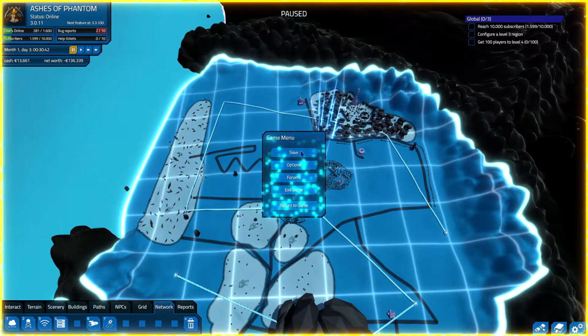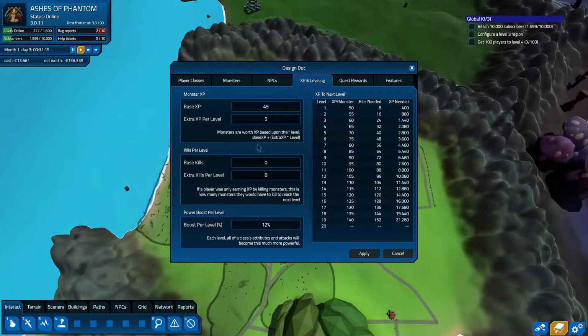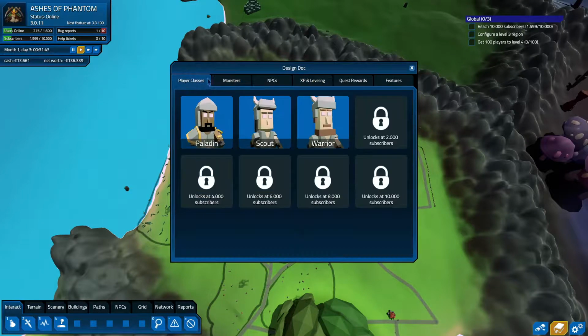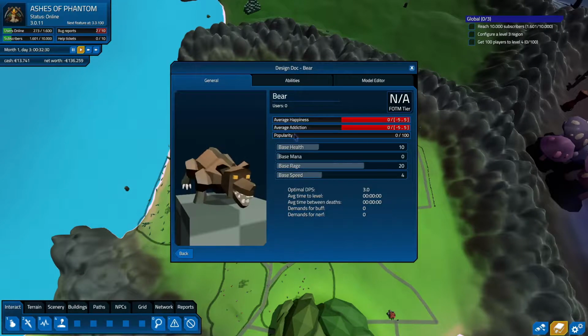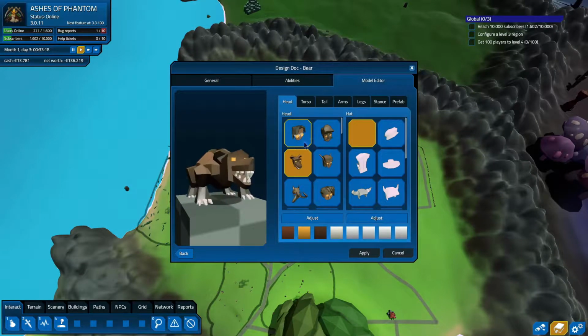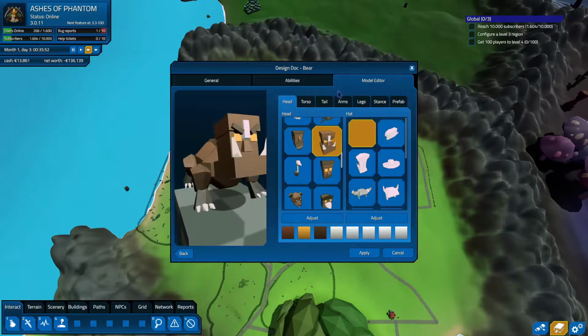Also, I think it is time... Oh, that's the wrong button. I think it is time... Let's just click away here. We can now create our own NPCs, so we are definitely going to do that. So first, let's work on the... Well, the money is just raking in, because that's pretty important. Let's create